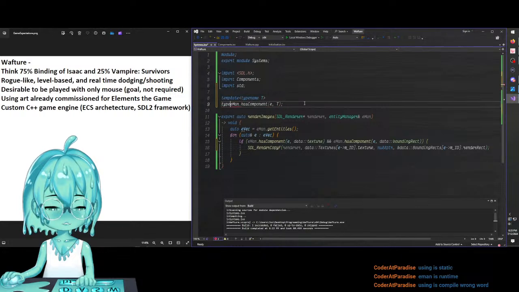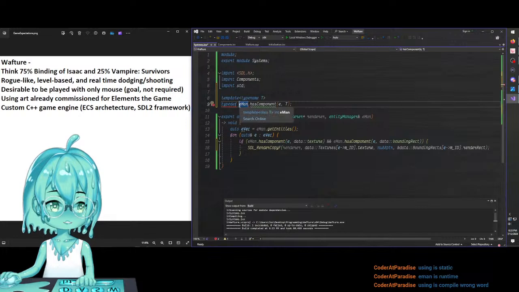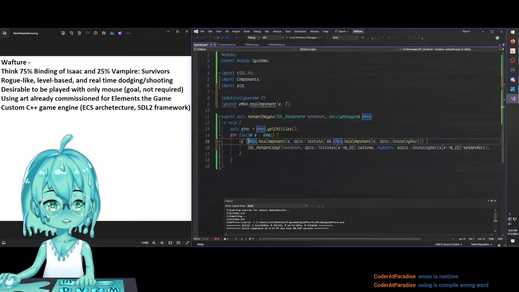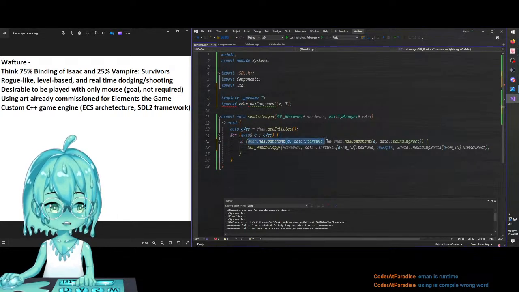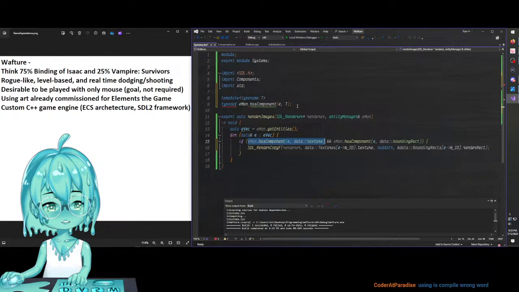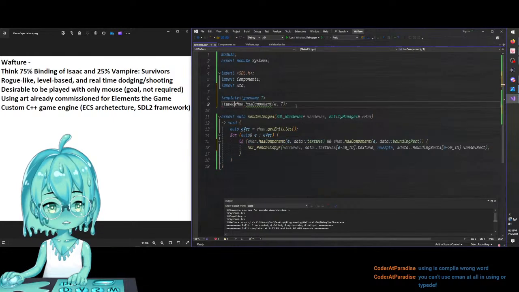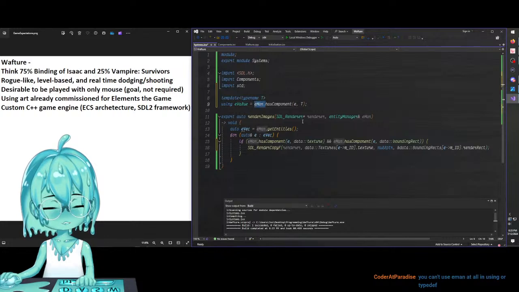Why did I think there was an exclamation point at the beginning of that? So typedef. Eman is once again a render thing. I'm trying to make it so I can call this hasComponent thing, this whole line, as just one thing. I guess it could have separate using values for all the different kinds. So instead of eman.hasComponent, I can be like,